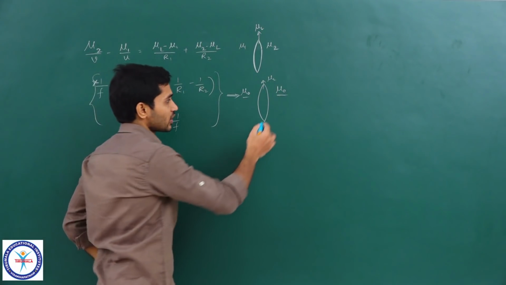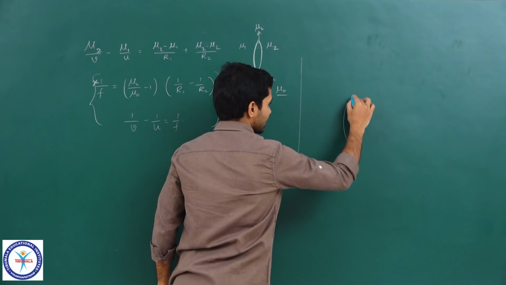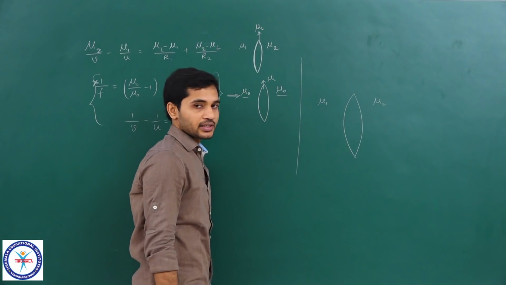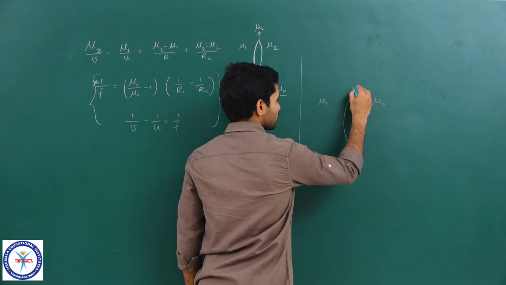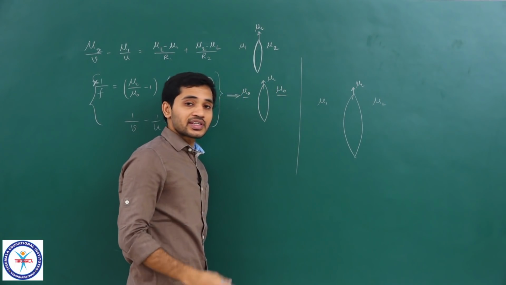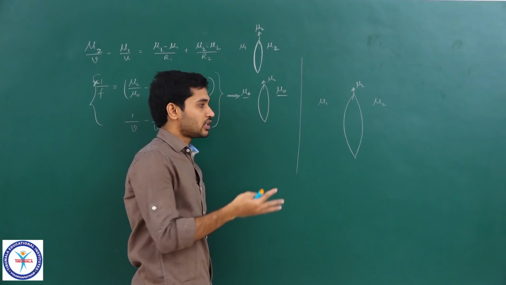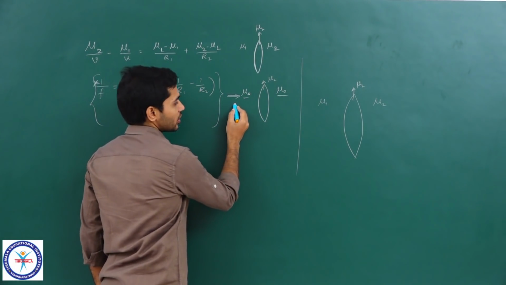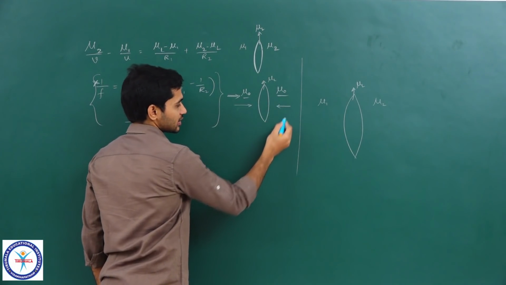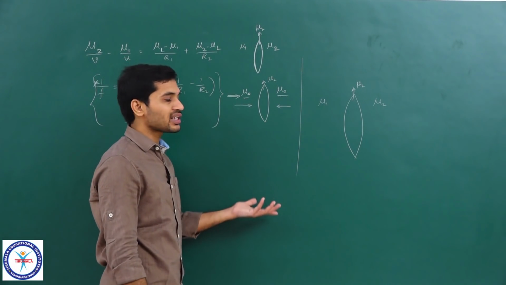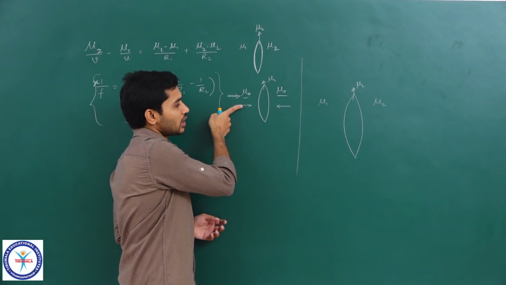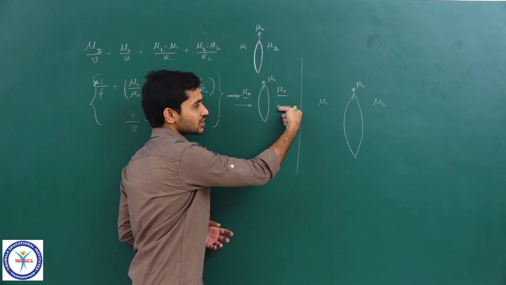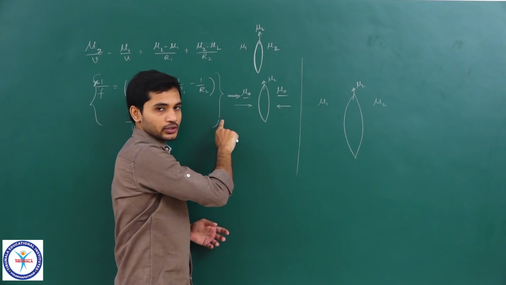So, what I am trying to say is, for example, if we have a lens like this, let us say with mu 1 on one side and mu 2 on the other side, clear, and the refractive index of this lens is mu L. This lens behaves in a different manner depending on which direction the light is incident, clear. If I have a lens like this, whether the light is incident from this side or this side, it behaves in the same manner, its focal length will be the same, clear, because even in this case it is coming from mu naught and finally going into mu naught. Even in this case it is coming from mu naught and finally going into mu naught.